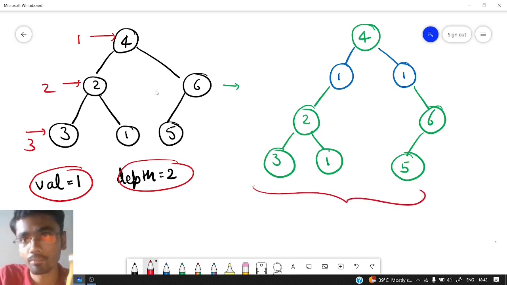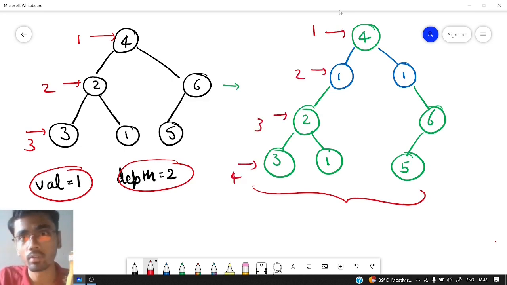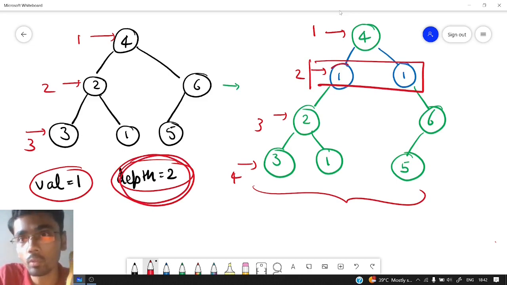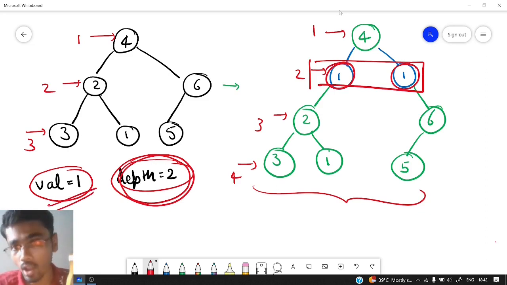So this is depth 1, depth 2, depth 3, and depth 4. As you can see, at depth 2 that they have given in the question, we have two new nodes added which have value equal to the given val. So this is how the final binary tree looks like.